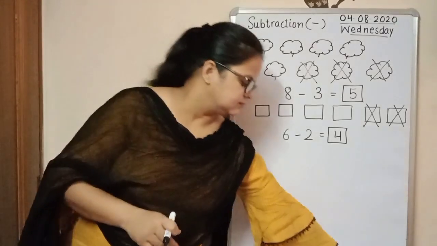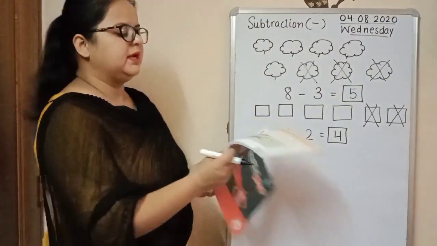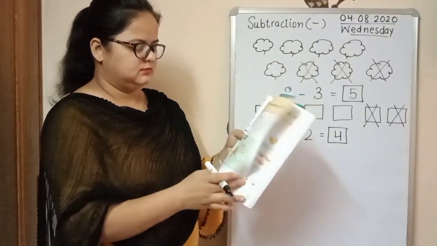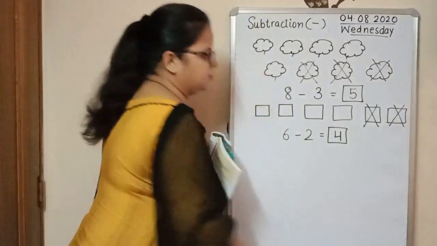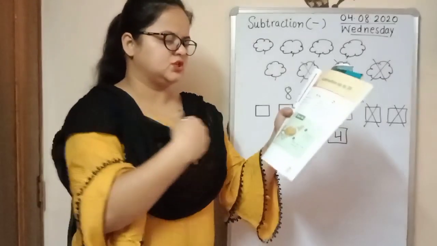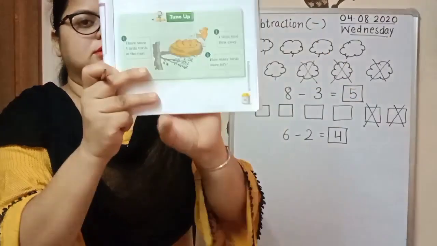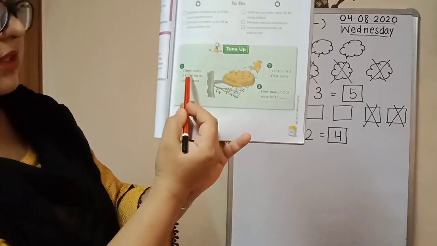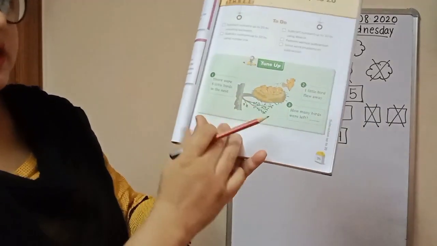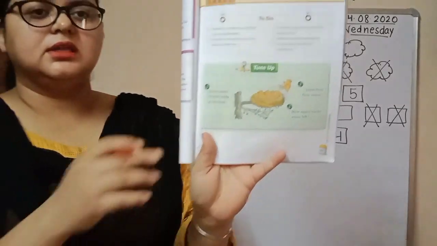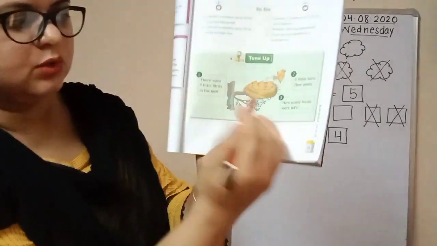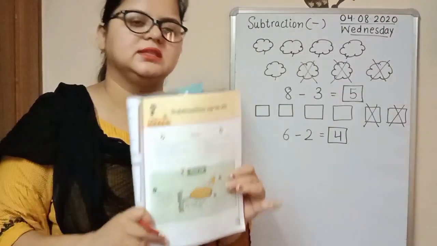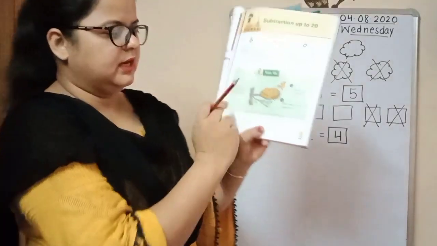Yes. Now bring out your books and see here on the first page of this chapter, we have this picture. On page number 35, there were 5 birds in a nest. Nest में कितने birds थे? 5. So count them. 1, 2, 3, 4, 5. How many birds were there in the nest? 5. And next here,